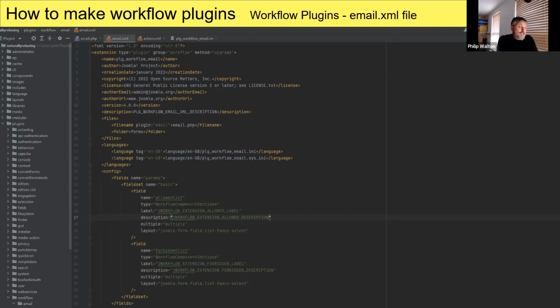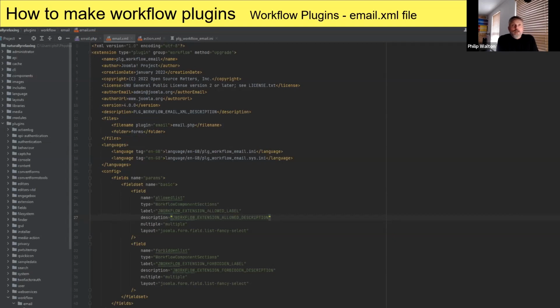So I messaged him and said, is there one in the pipeline? He said no. Why don't you just build it? So I thought, oh, okay. So I took as the basis the notification one, because it's doing virtually the same, just the end result is an email instead of a notification. So I basically copied that and went through the process of setting it up. It's a simple plugin, setting it up for my own use.